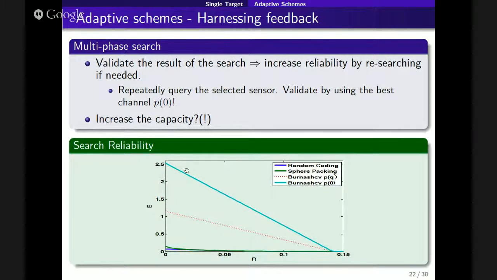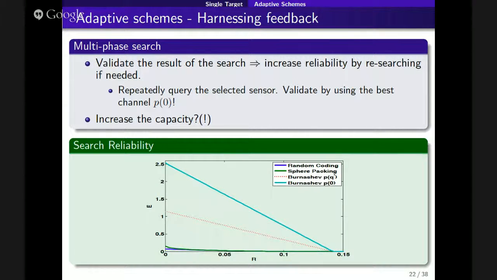And this is because we can get the Burnashev exponent with feedback. This is the optimal thing you can do with feedback. But how come you can do better than Burnashev? The blue line was the channel Q star plus epsilon, and here I plotted the Burnashev result for channel Q star plus epsilon.